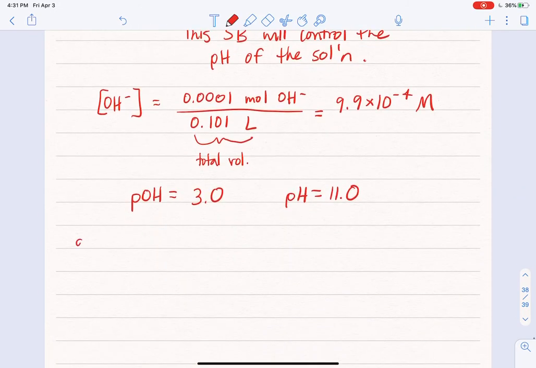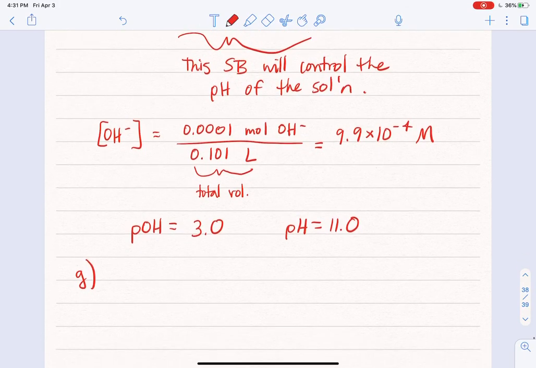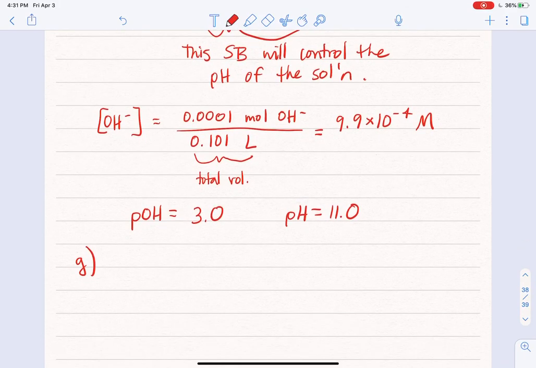So 60 milliliters of KOH is going to be giving me 0.006 moles of hydroxide total that I've added. I hope that makes sense by now. Remember that 0.005 of them were consumed